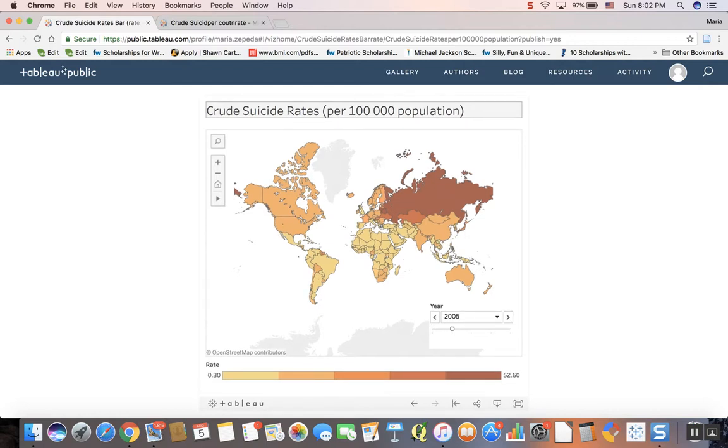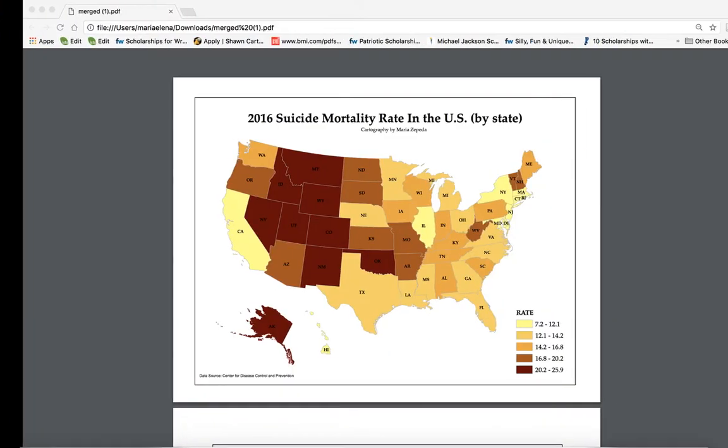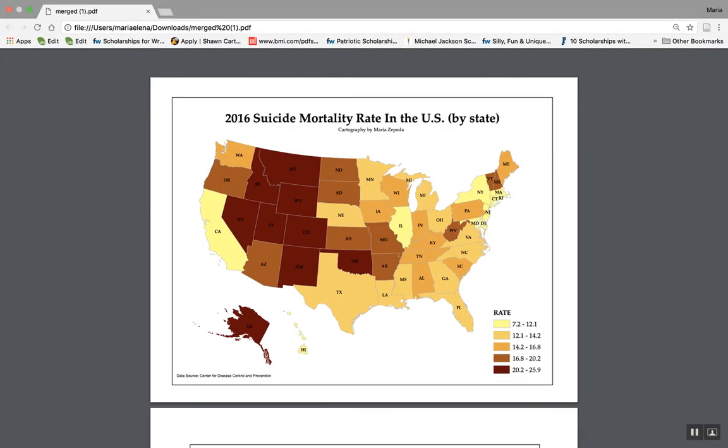suicide rates, which, as you can see, seems to be going down, since you can see countries that were a darker tone are becoming lighter, meaning that suicide rate is going down. Despite this trend, there were several articles that I found that stated that suicide rates in the United States were actually going up rather than down, which is why I decided to focus in the United States and its suicide